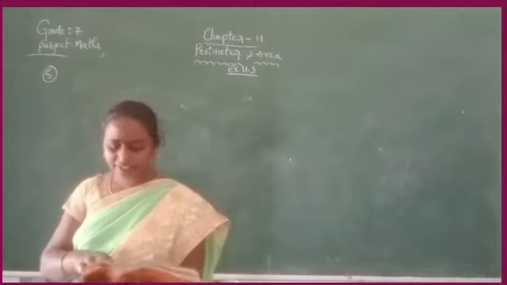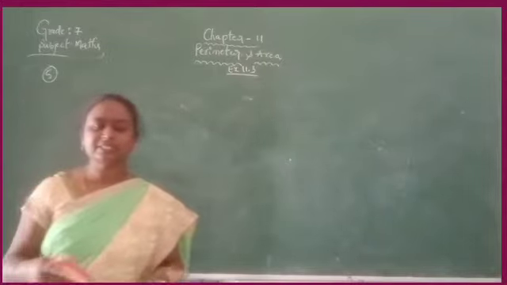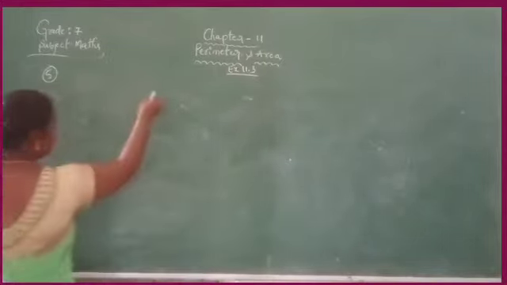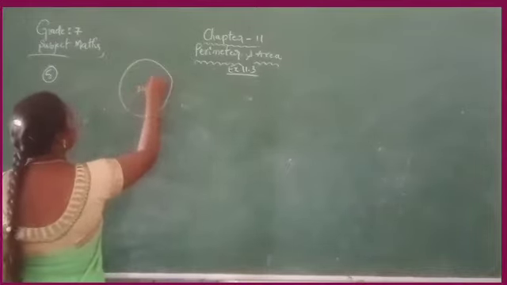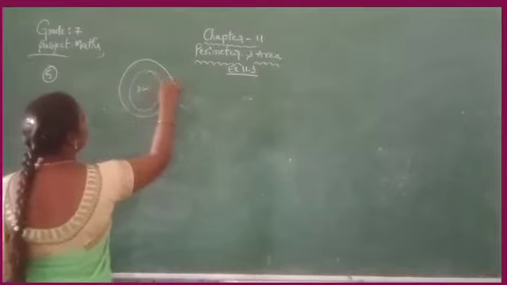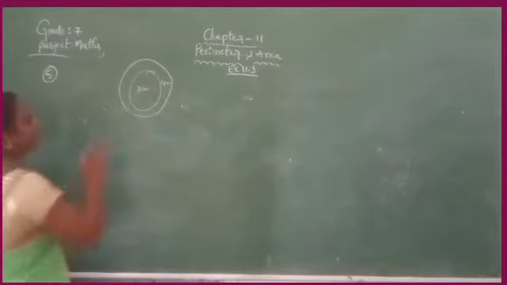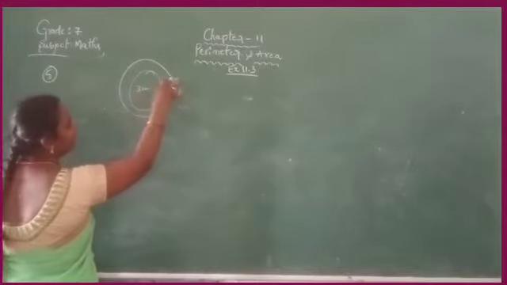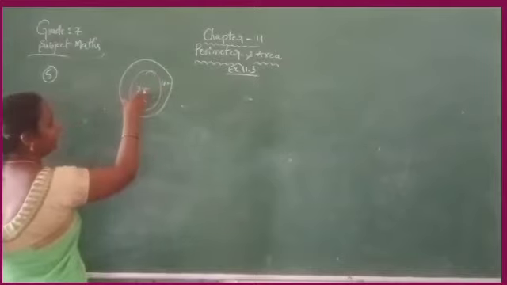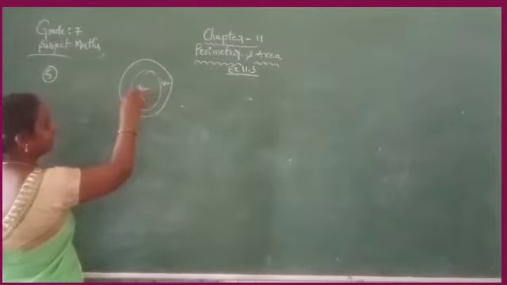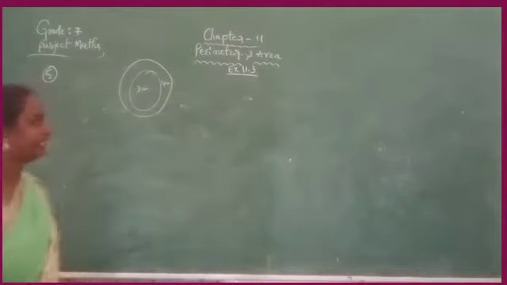Okay. So here how we will find the remaining sheet? Means we have to subtract 3 centimeters radius from 4 centimeter radius of a circle. First of all, before going to remove it, we have to find the area of this circular sheet and area of removed circle. Then only we can find the area of remaining sheet.